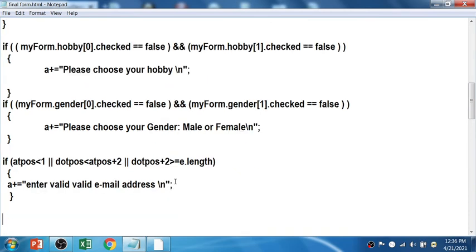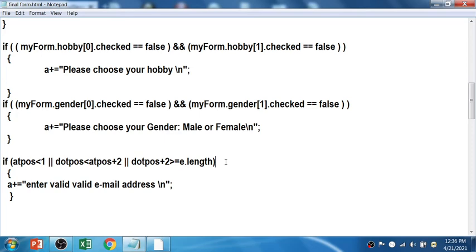Now this is for the email address validation. The condition is fixed, because there are rules for the email address. The rule is that there should be more than one character, or it may be a digit, before the @ symbol. Between the @ and dot symbol there will be a minimum of 3 characters, and after the dot a minimum of 2 characters.